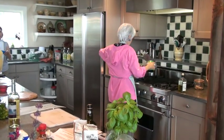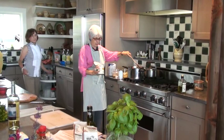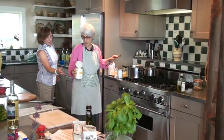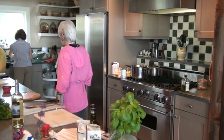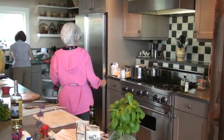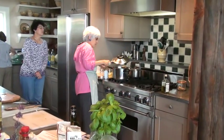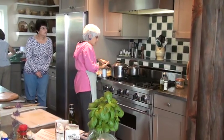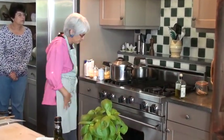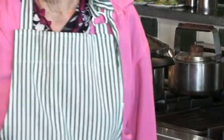See, the cooker's pretty full now. It's just about as full as it could be without causing problems. Thank you. The lid is behind it on the stove. And this will take probably a number of minutes to come up because there's so much in the pot. Good. Okay, so